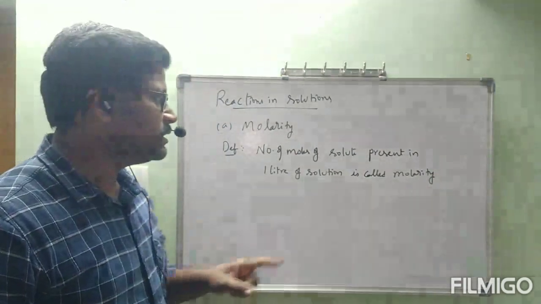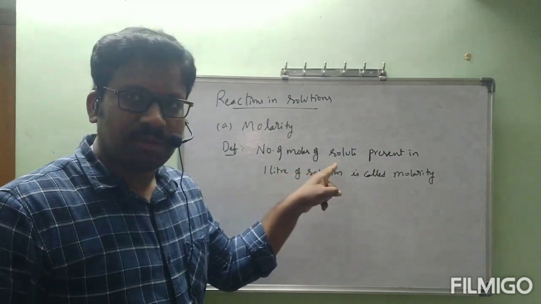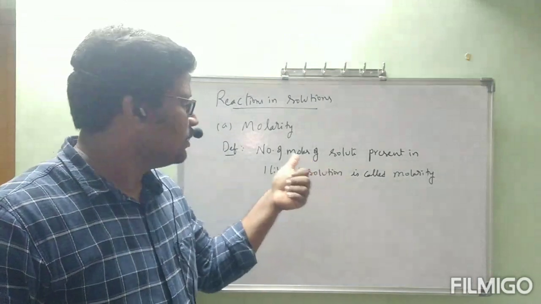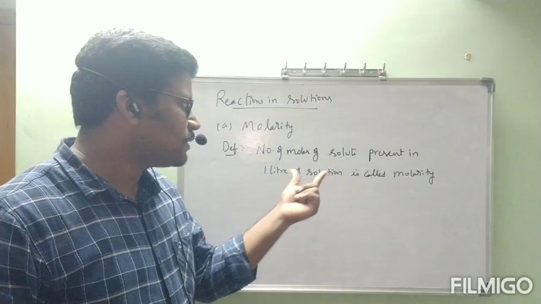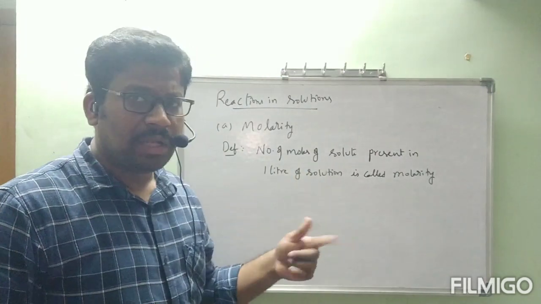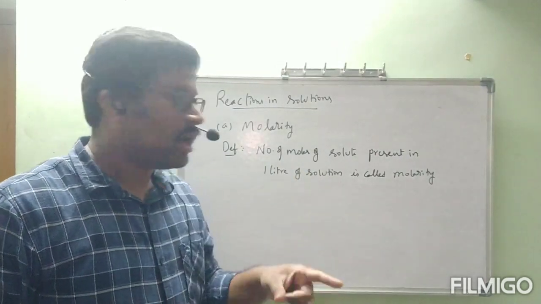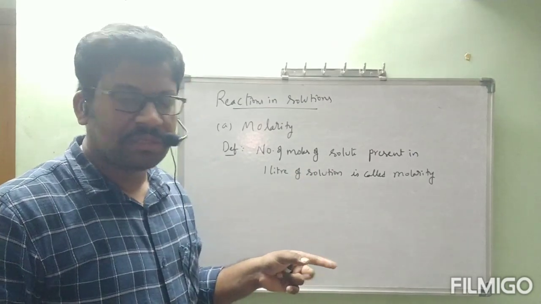For this one clarity is, first we don't know what is meant by solute. Is it correct? We don't know what is meant by solute, what is meant by solution also. Okay, I will give clarity about solute and solution. Even one more term is there, that is solvent. After that we will come to this molarity definition. Before that,